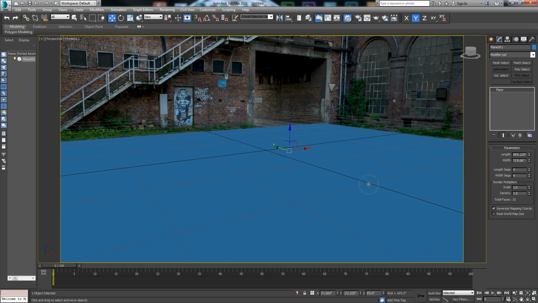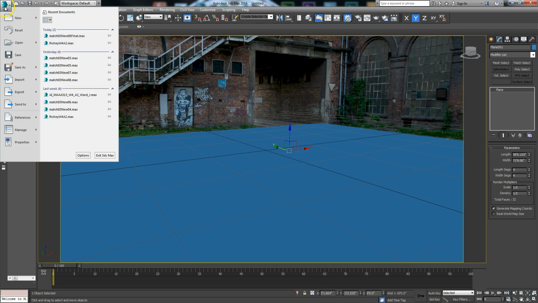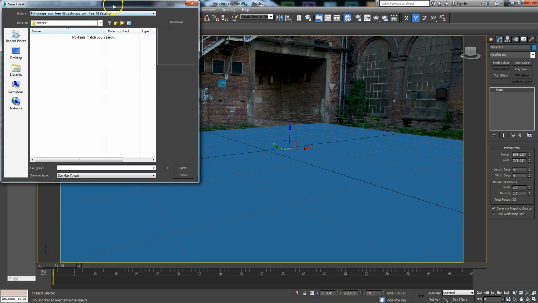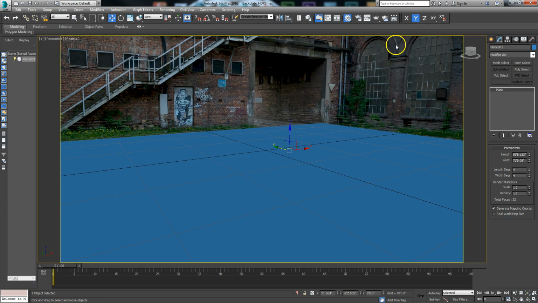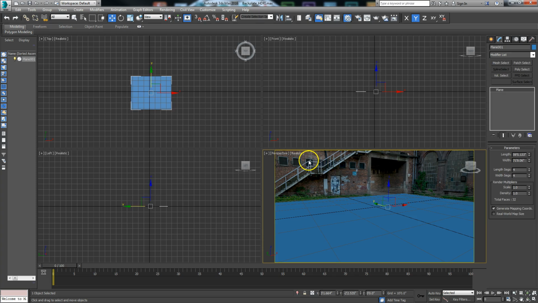Okay, that looks pretty good. Okay, let's go ahead and save this file, save as. Now I've already set up my project folder, so it'll go right in here. And we'll just call this backplate_HDRI. Okay, so the next thing I want to do is to go in here and